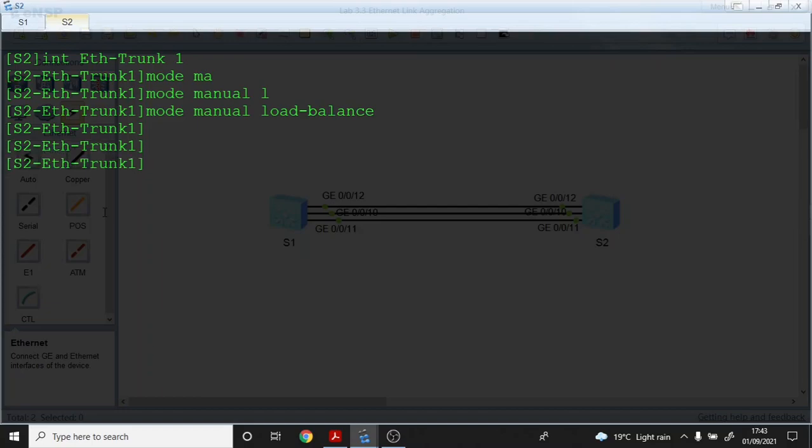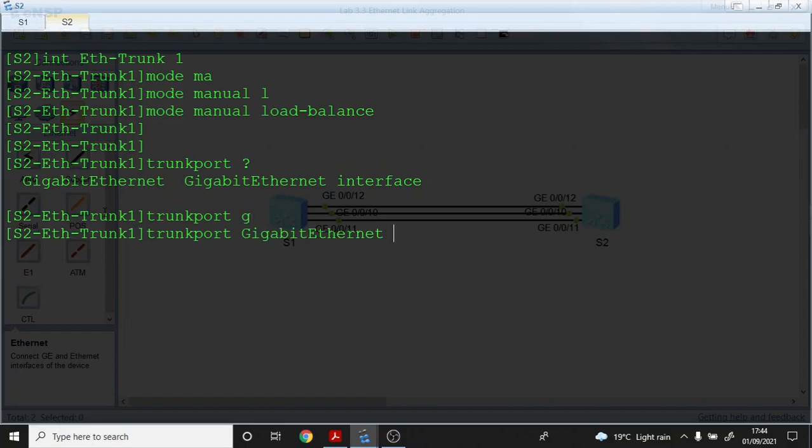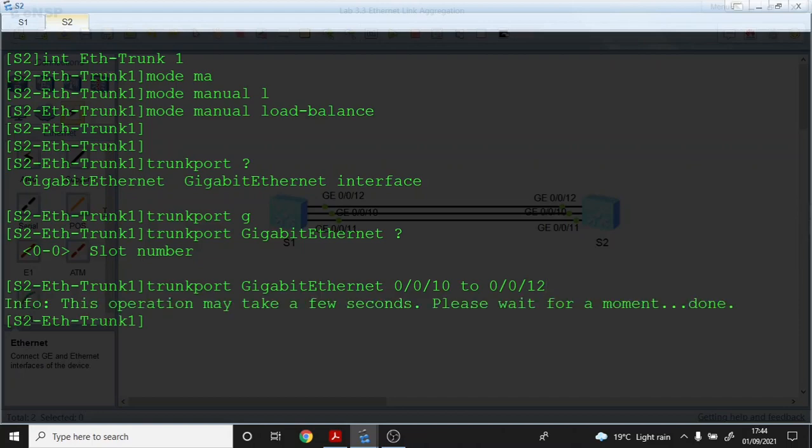Now the command to add multiple interfaces to the same Ethernet trunk is trunk port, question mark. The next thing you enter is the name of the interface. These switches only have gigabit Ethernet interfaces. Then question mark, then you enter the number. So for example, we want to add 10 to 12, like that. You just do that, then press enter. This operation may take a few seconds. So that's how you add multiple interfaces